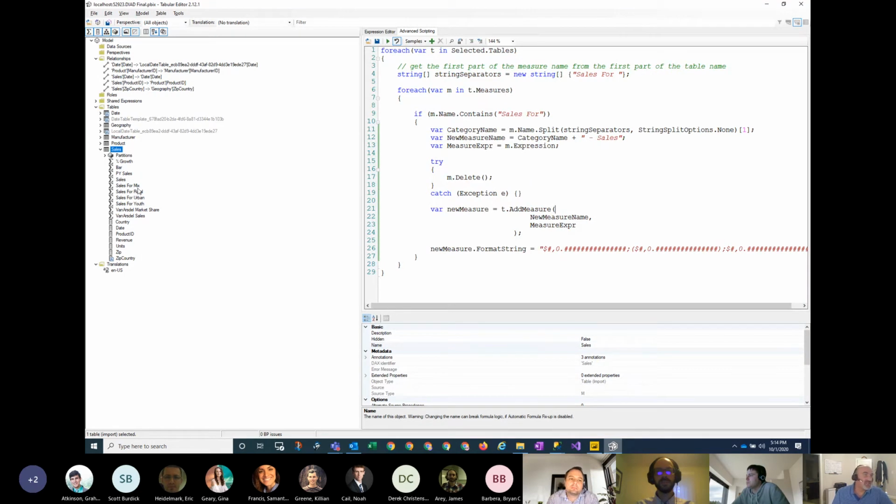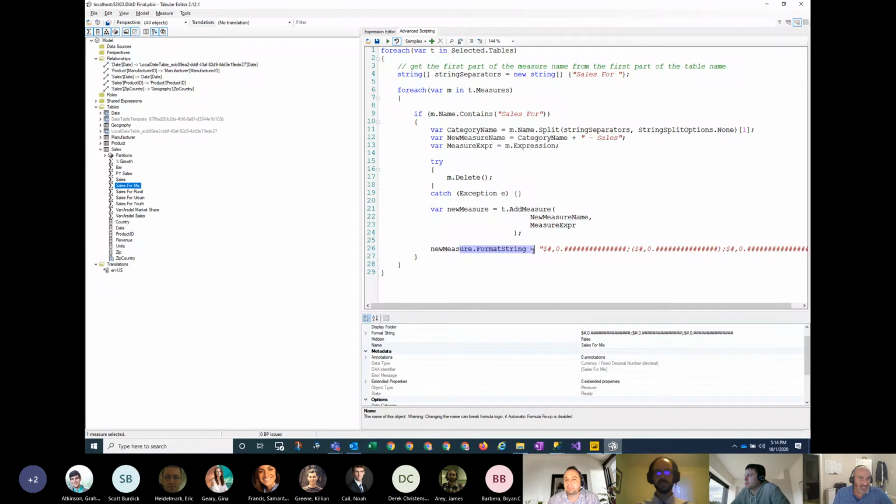And what it does is it looks for anything where the measure starts with the term sales for. And what it first does is delete that measure, and then it recreates the measure with a new name. Same expression, right? All I'm doing is renaming them. And the trick is to delete them first and then rename them. Now, you might try the rename. You basically just say name equals whatever the new value is. But sometimes I've experienced where that actually has a problem when I save that back. It seems to work much better if I first delete those measures and then re-add them.